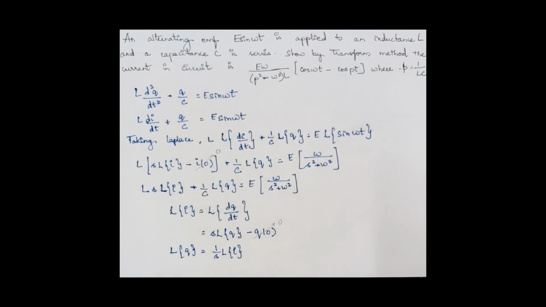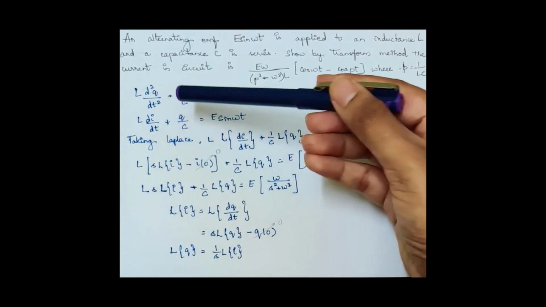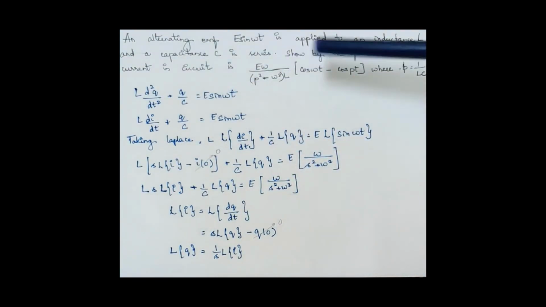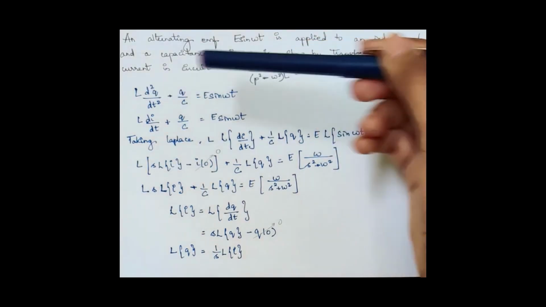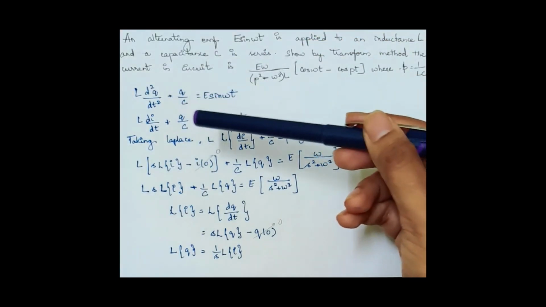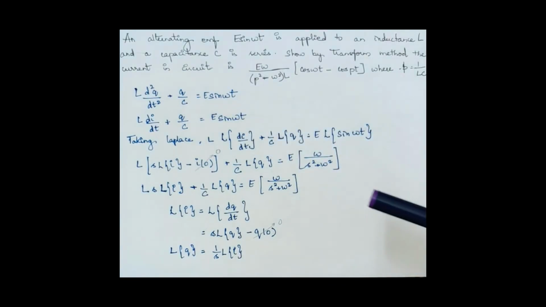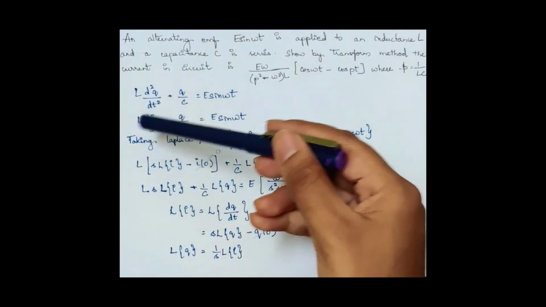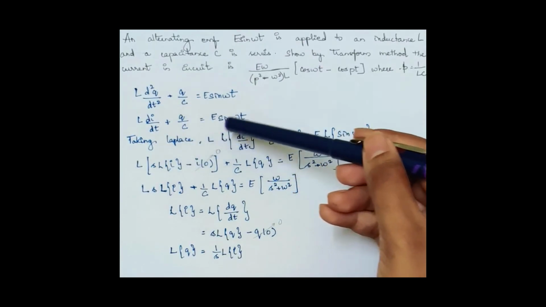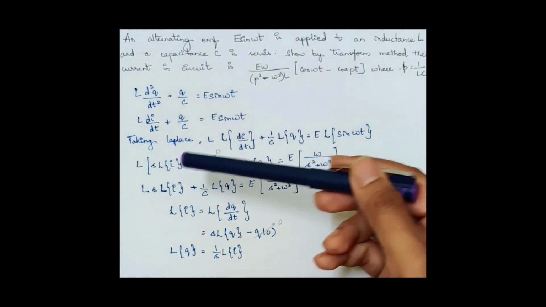Now, based on the derivation we saw using Kirchhoff's law in the third module, they have mentioned that we have inductance and capacitance, but we don't have resistance. So that term of R dq by dt becomes 0. So applying the other terms, L d square q by dt square plus q by C is equal to E sin omega t. Now L into di by dt plus q by C is equal to E sin omega t. Now taking Laplace,